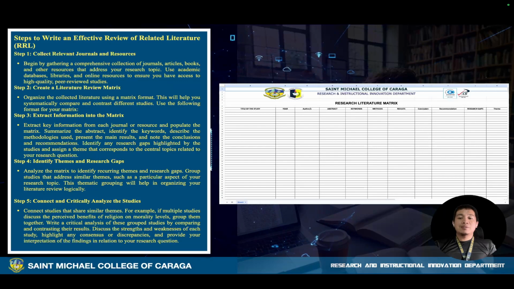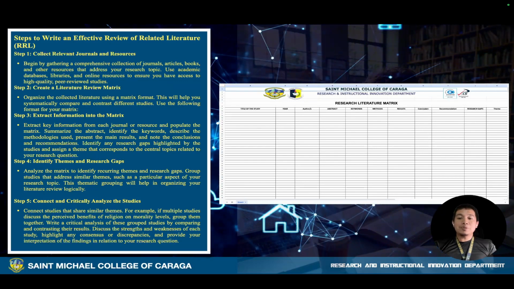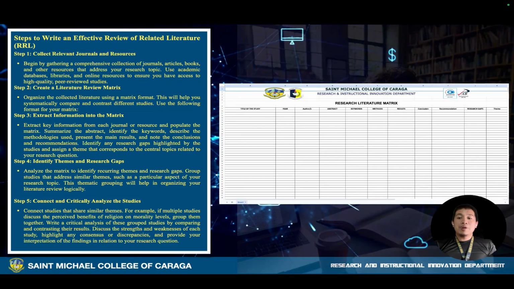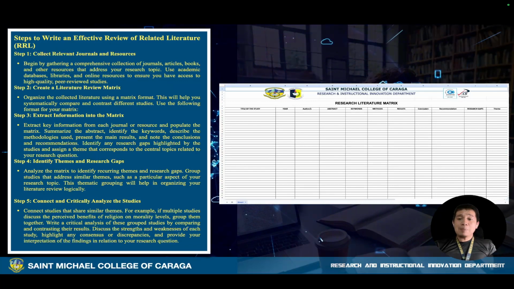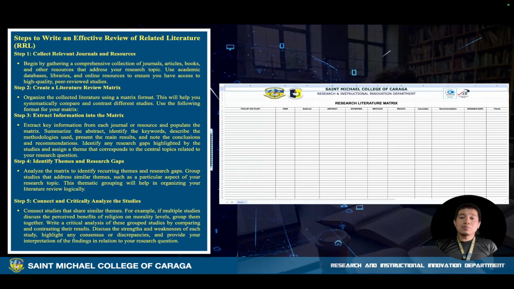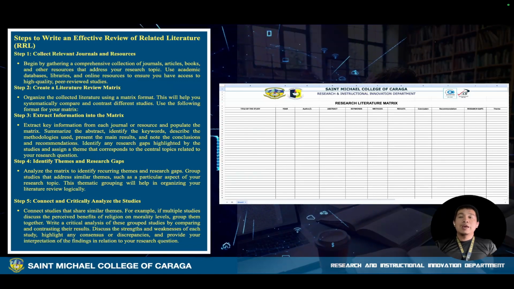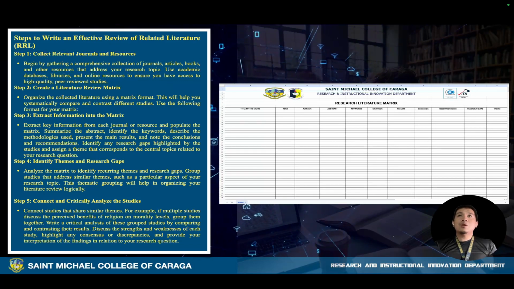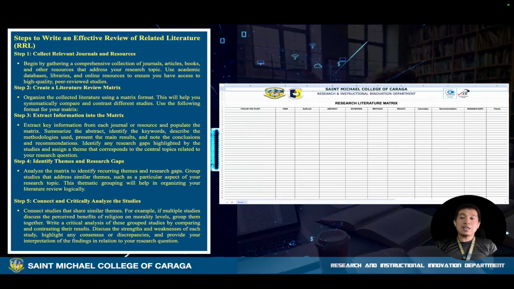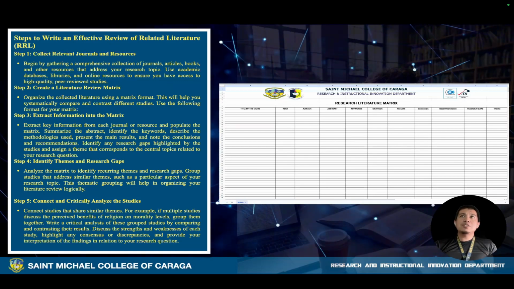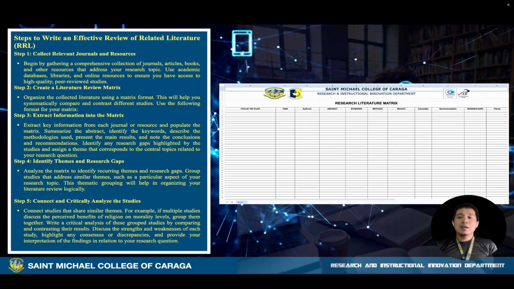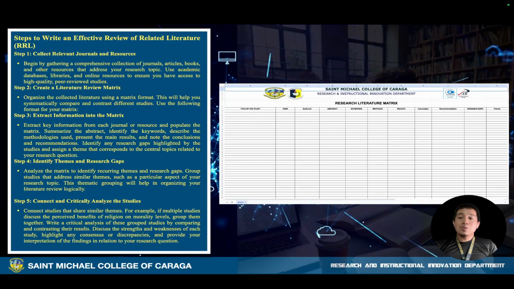When you are done breaking the information apart from the journal, you will now write down the gaps in this particular research. Sometimes, when you look at the gaps, researchers write them in their recommendations, noting areas that are considered weaknesses of the study, and they may suggest that other researchers should also do this and that. And if you also observe that there's something lacking, then you personally write notes on the research